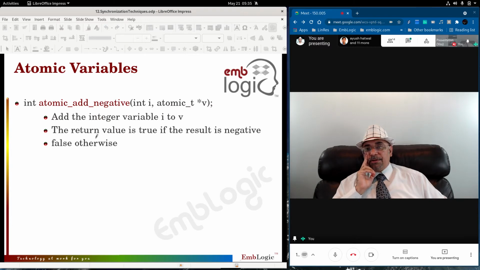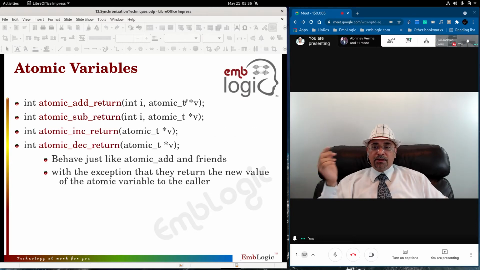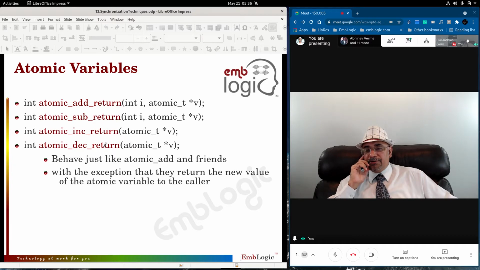Then you have atomic add negative. If you add I to v and after that v becomes negative, then it will return true. Another set is add and return, subtract and return, increment and return, decrement and return. So you will add I to v, or subtract I from v, and the result will be returned back.